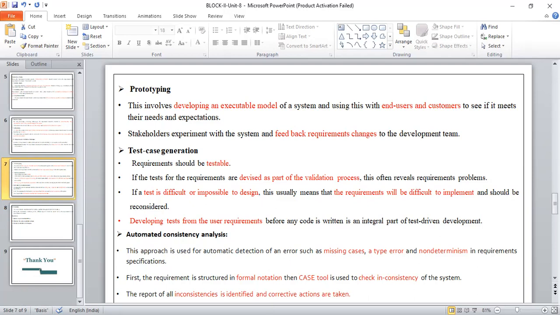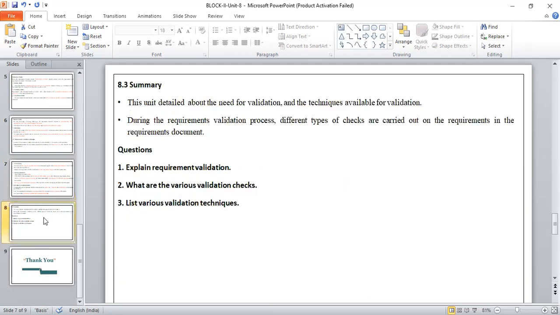This unit detailed the need for validation and the techniques available for validation, what the requirements validation process is, and the different types of checks validated on the requirements document. Everything has been discussed in this unit. The possible questions that can be asked are: explain requirement validation, what are the various validation checks available, and list out various validation